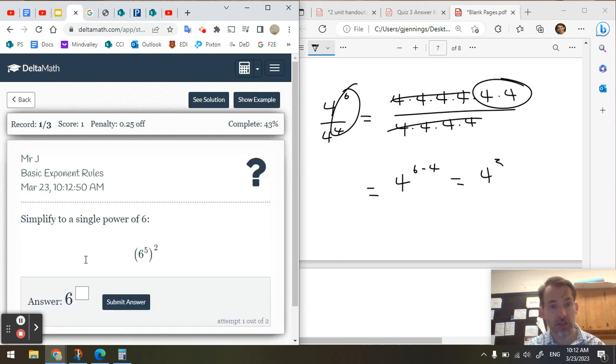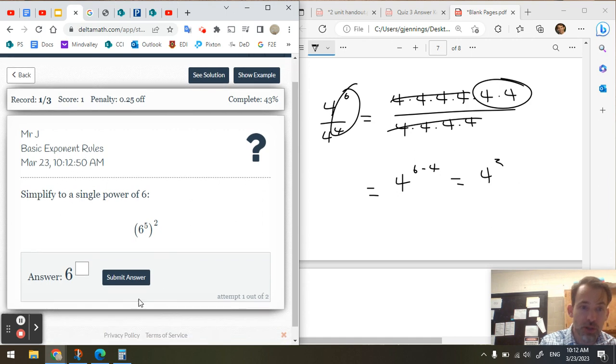And these skills, okay, so here: 6 to the 5 to the 2. In these cases, when you're raising a power to a power, you multiply the exponents. So in this case, it's to the power 10. And I could show that